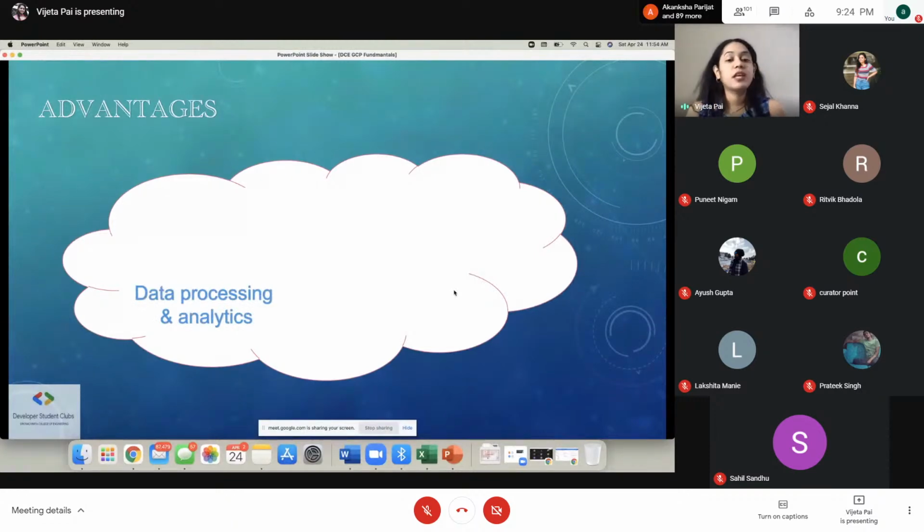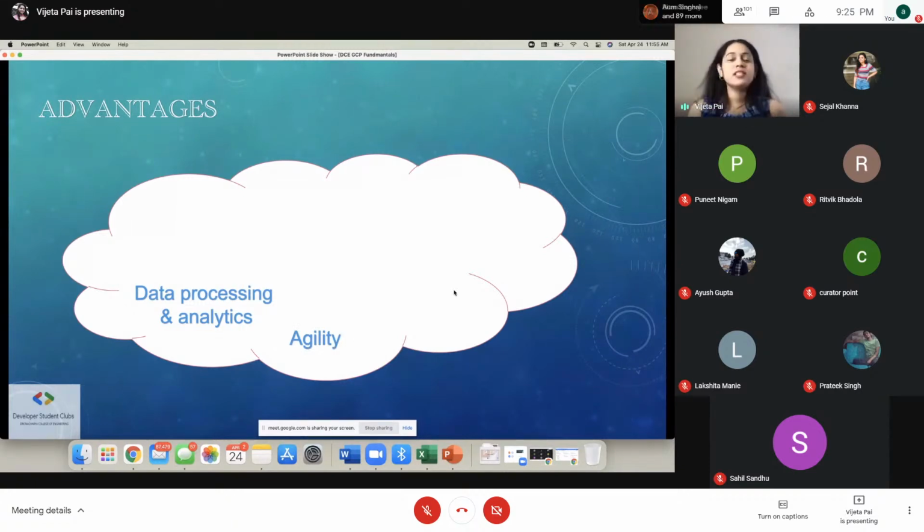First one is data processing and analytics. Like I showed you in the Google Cloud Platform, even if you have a lot of data, there are really good data processing and analytic abilities that Google Cloud gives you. What does that mean? No matter how much data you have, you can always run different analytics to see what the trend is, how things are going, if there's any improvement that needs to take place, and also monitor your applications using this. So you know that your applications are safe, which is not really a very good solution when you have a physical data center, right? You have so much data, so many machines, you don't know how to collect all of it together. But cloud gives you really good data processing and analytic capabilities.